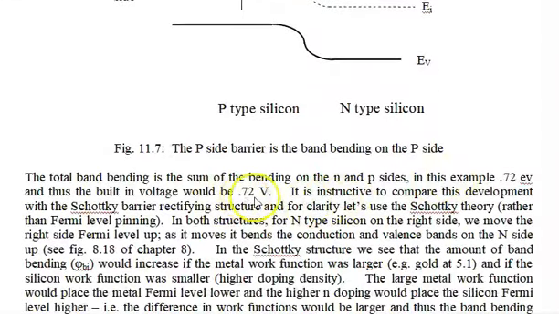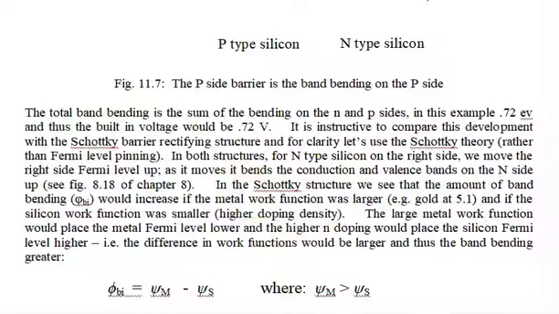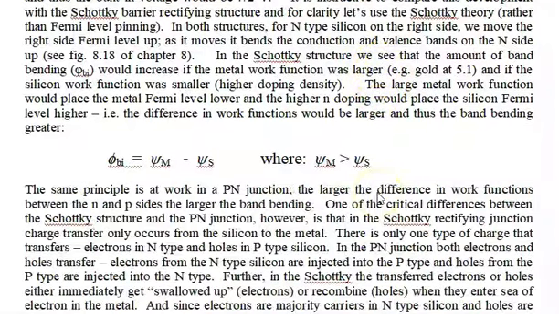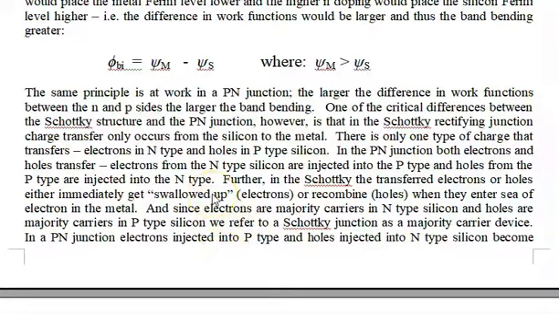And that's what we show here. So you're probably thinking the PN junction is basically the Schottky barrier with a higher barrier. And that's true. However, there's more to it than that. And this is the critical part right here. In the Schottky structure, the amount of band bending would, of course, increase if the work function was larger. But the important thing is, here it is. This is really the critical part. I probably should have put this in italics. It's not only further, it's the big deal. This is the real difference.